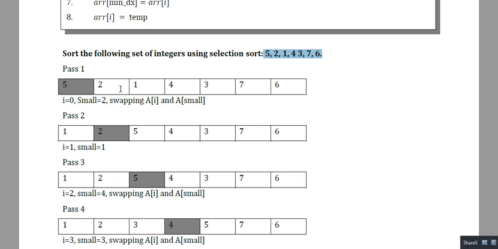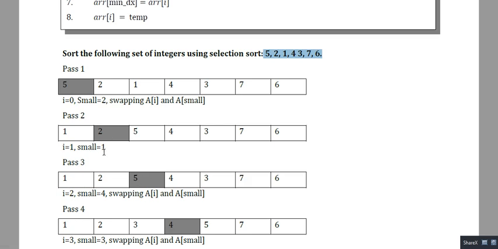So 5 will come here and 1 will come here, like this, right? So the first iteration, or the first pass, is gone. In the second iteration, again you just select the second position, or the first index. Then you just find the next smallest element. So the next smallest is, I think, 2. So you just swap 2 with 2, so it will be the same, so it will be 1 2 3.